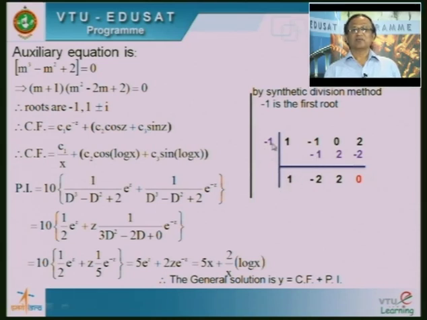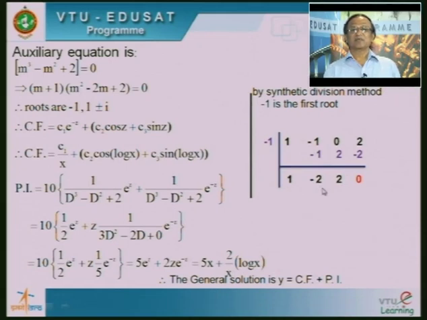Is it clear? So, minus 1 into 1 is minus 1. Then I am going to add these two numbers. Right. Now, I want to prepare the second column. Is it clear? So, minus 1 I have written, minus 1 means minus 2. Okay. I have prepared the second column.